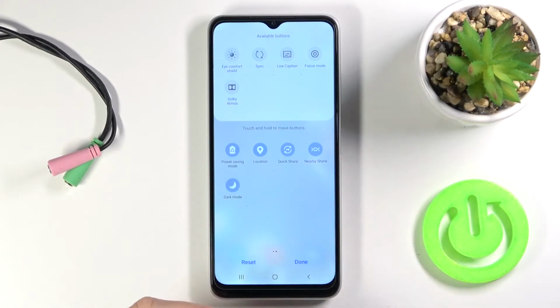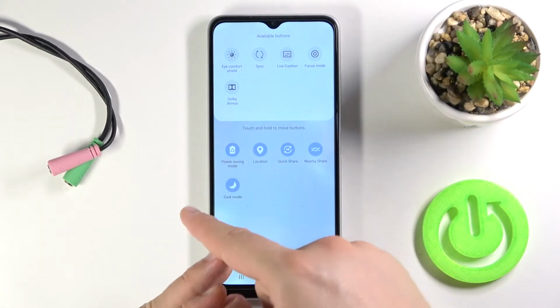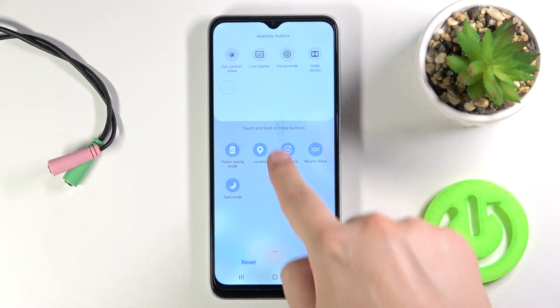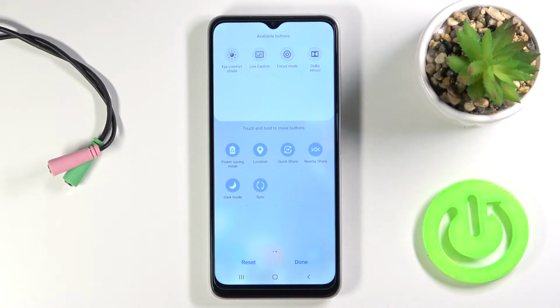When you do that, we'll get the additional bar where we can find additional icons. For example, we can add the synchronize option: click, hold, and then drag it here. Oh, let's do it another time. Here. Right now, if you want to change the position of the location, so for example you want to get it